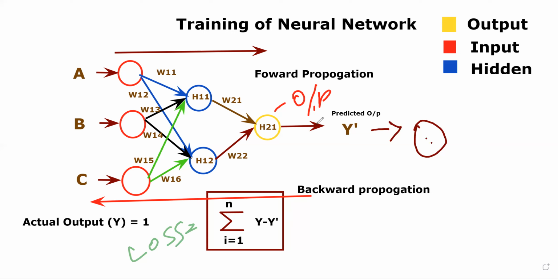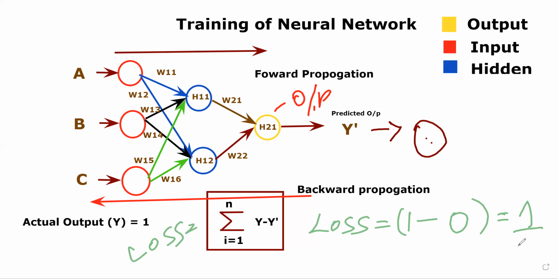So when we are calculating, the loss function will be calculated as y minus y dash, right? So the y value is 1 and the y dash value is 0. When we calculate both, we come to a loss value which is 1. So this is a very big loss. The loss value should be very minimal, correct?